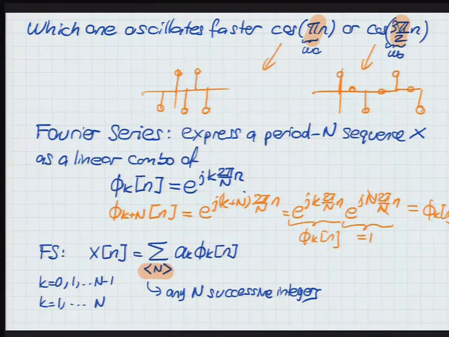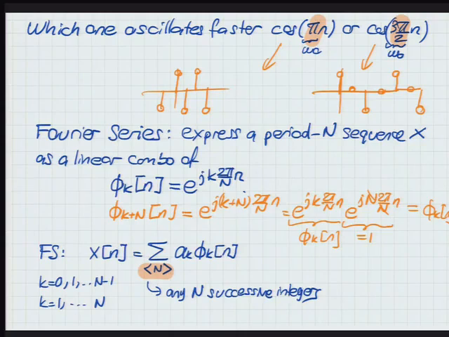Different multiples of the fundamental frequency 2 pi by N. Okay? Let's look at an example. Here's a simple picture. Let's take the period of our signal for which we are doing the Fourier series expansion as 6. That means 6 of these phi_k's, perhaps starting at 1, ending at 6, is enough, right?